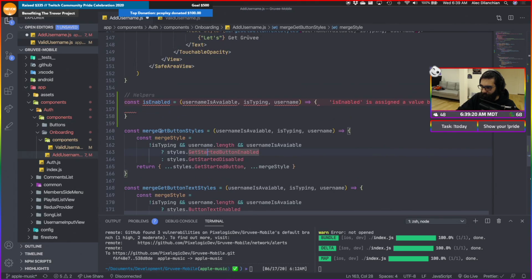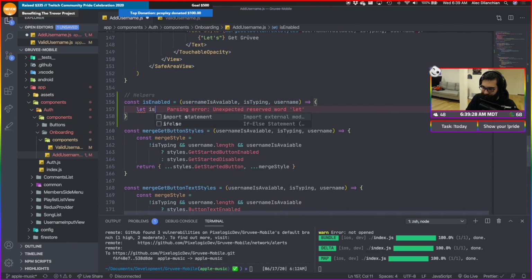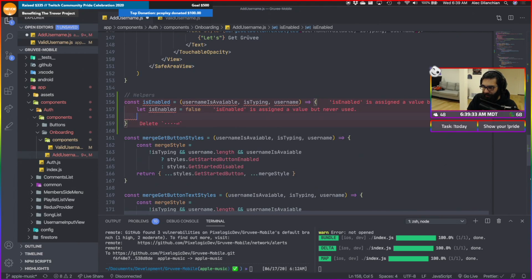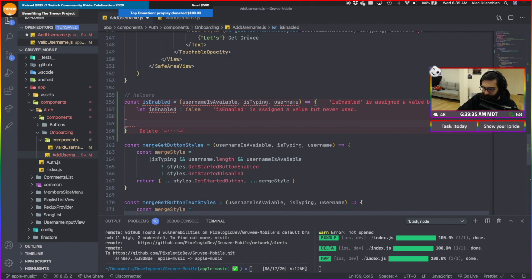Okay, so we have username is available, is typing, and username. Pretty much what we're going to do is take this logic that we already have here. Let's first do a let is enabled flag is false.